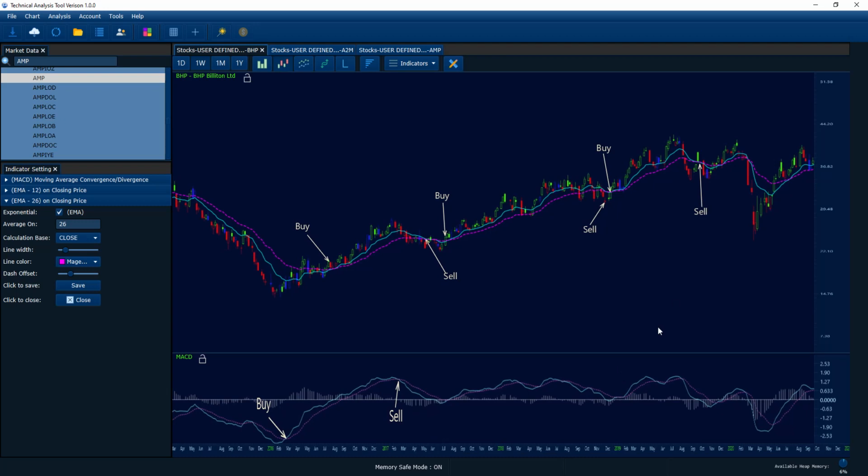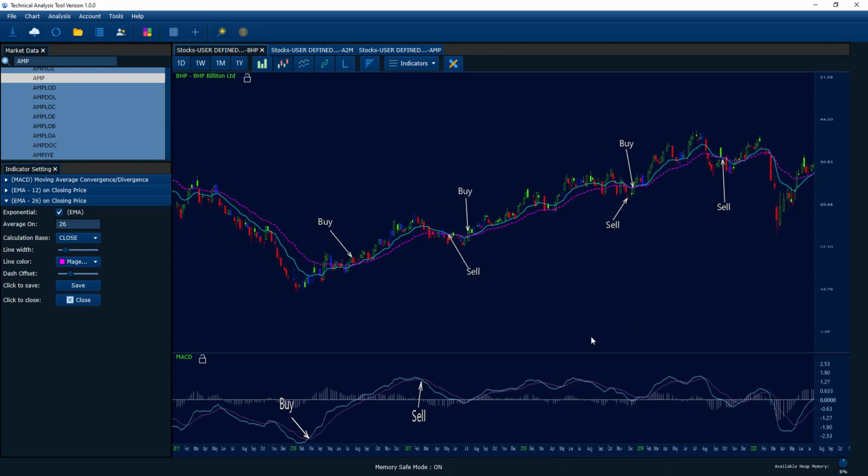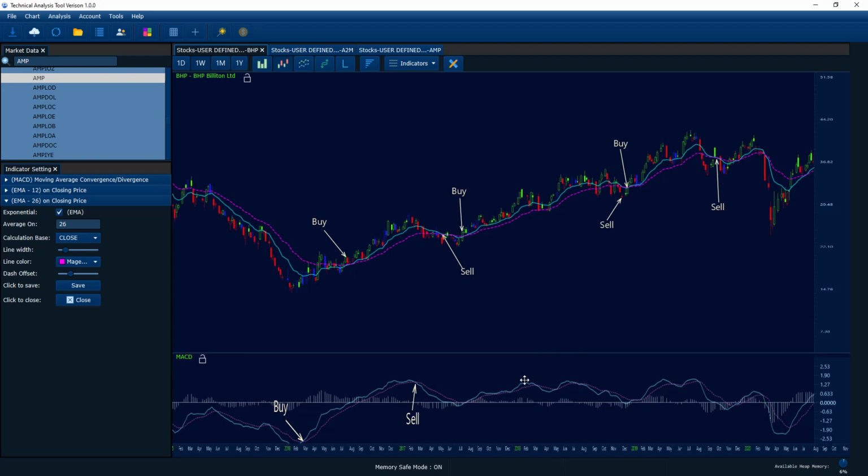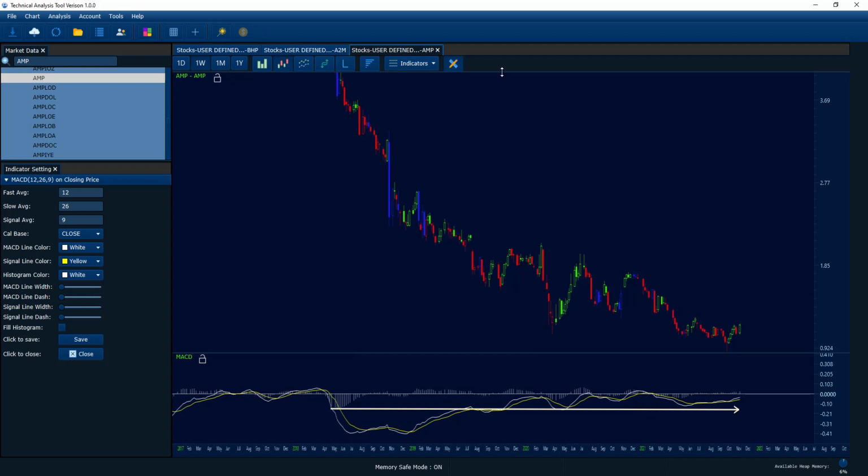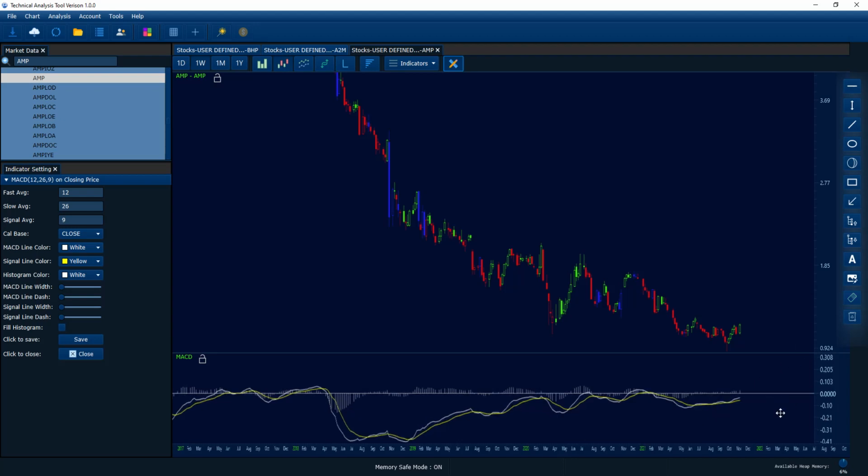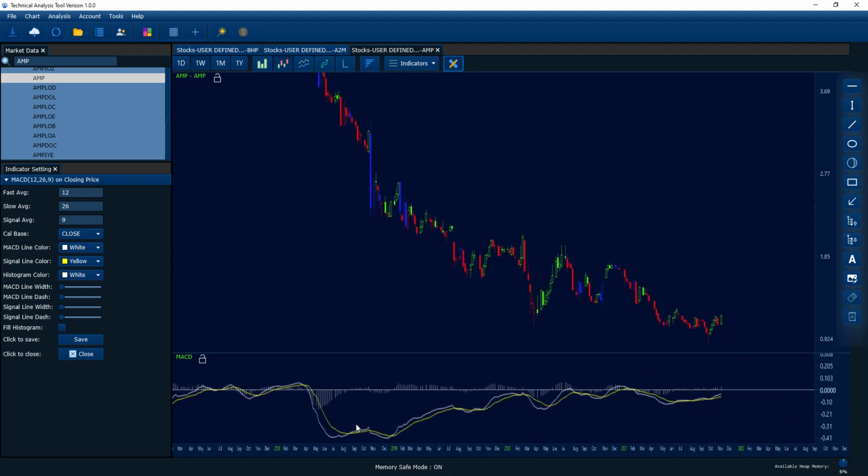I want to share some tips on this type of information you get from MACD. If the share is in a downtrend, the MACD line crossover might be more accurate for one certain type. For example, when the MACD line and signal line are below the zero line, it is a downtrend. So when the MACD line moves below the signal line, it could be a very good shorting